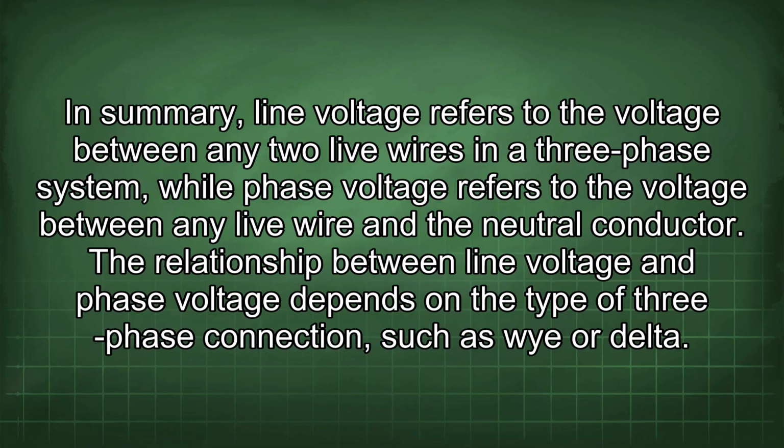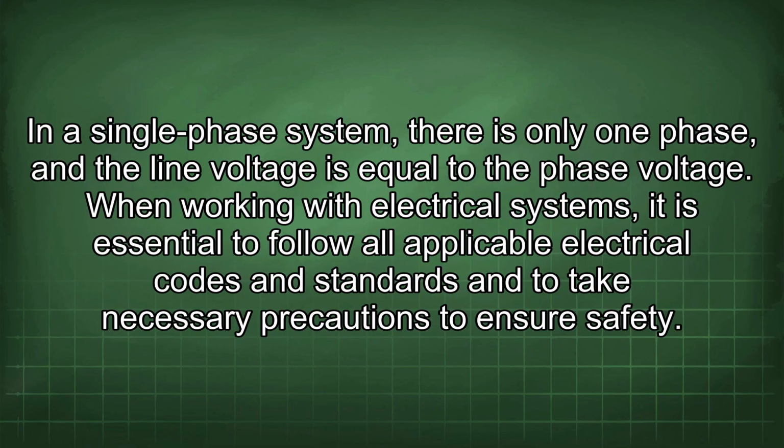In summary, line voltage refers to the voltage between any two live wires in a three-phase system, while phase voltage refers to the voltage between any live wire and the neutral conductor. The relationship between line voltage and phase voltage depends on the type of three-phase connection, such as Y or delta. In a single-phase system, there is only one phase and the line voltage is equal to the phase voltage. When working with electrical systems, it is essential to follow all applicable electrical codes and standards and to take necessary